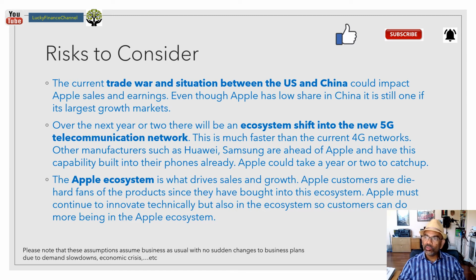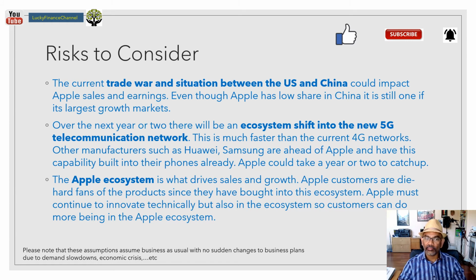Now, over the next year or two, also the biggest thing happening is we are shifting into the 5G telecommunication network. This is much faster than 4G. It's going to enable artificial intelligence. It's going to enable autonomous driving, things like that. Some of the other manufacturers, the competitors of Apple, like Huawei and Samsung, are actually ahead of Apple in this area. In fact, many of their phones already have 5G capability built into those phones, into those chips. Apple could potentially take a year or two to catch up. So there could be a little bit of catch up on Apple if 5G actually goes live in the next year or so. But I'm confident that in 3 to 5 years, Apple will have a pretty high market share